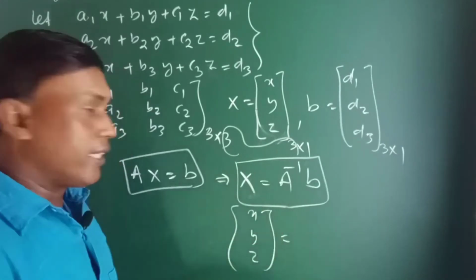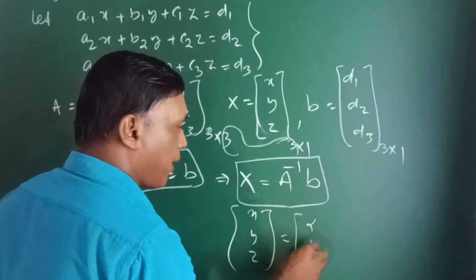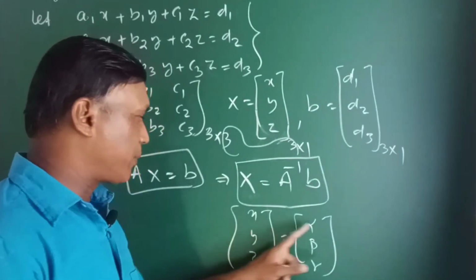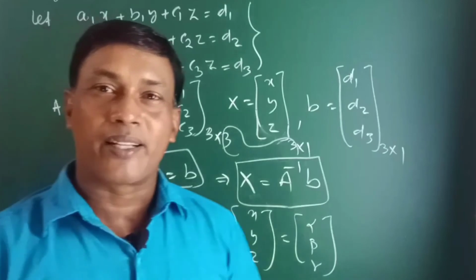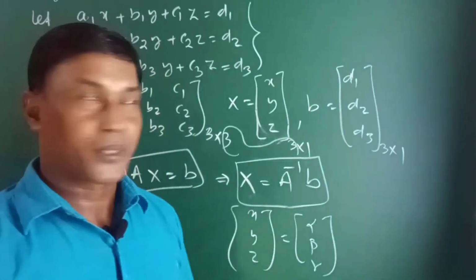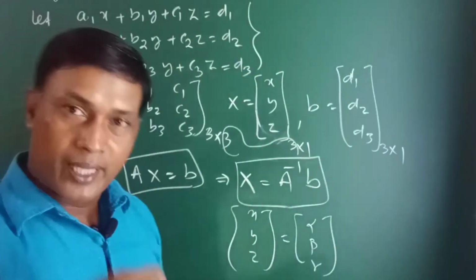X, A matrix है. If you multiply these two, then you will find a matrix like this. ऐसा वाला एक matrix आएगा. So X is equal to alpha, Y is equal to beta, Z is equal to gamma. By this basis, you can solve the system of linear equations. So in order to solve a system of linear equations, याद रखो ये तुमको system of equations दिया जाएगा.